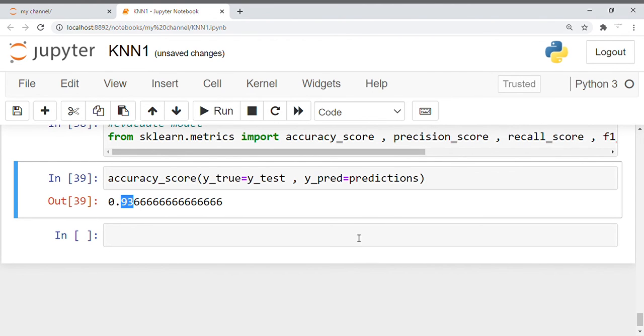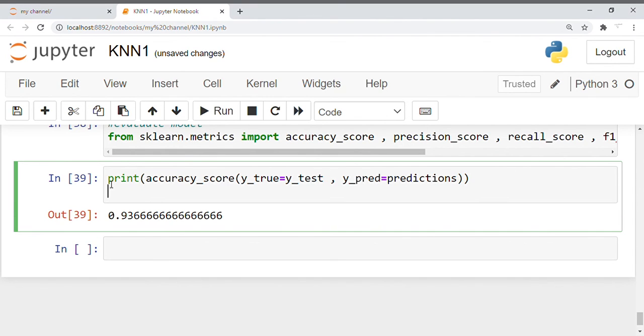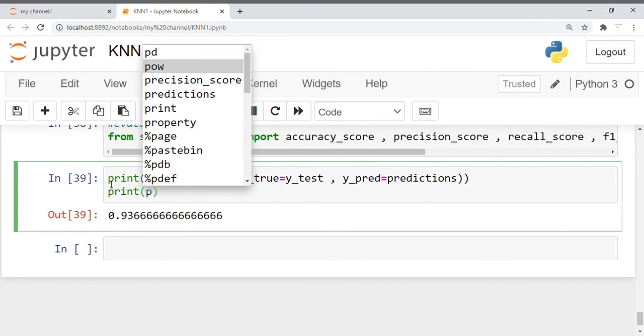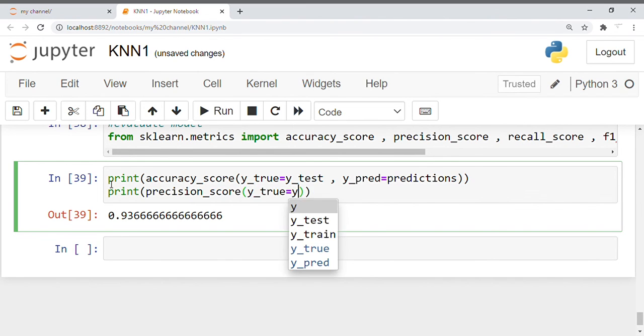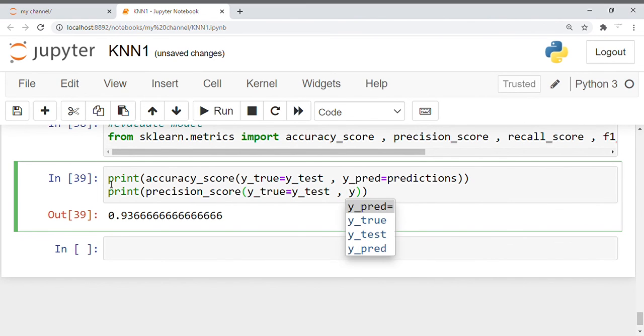So similarly, you can also check the precision and the recall. All right, so I simply place them in the print function. I'll say print of the precision score for now. Okay, y true is equal to y test, comma, y predict is equal to predictions in this case.